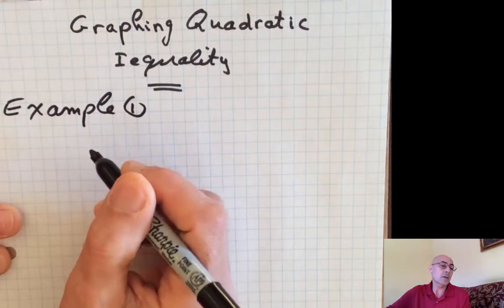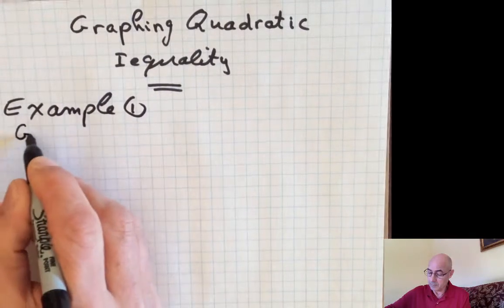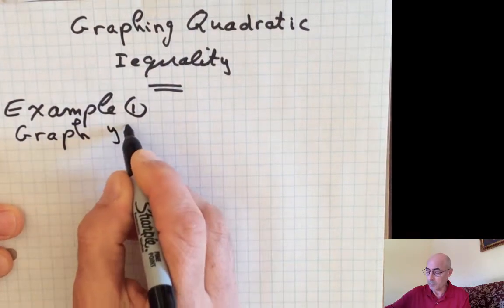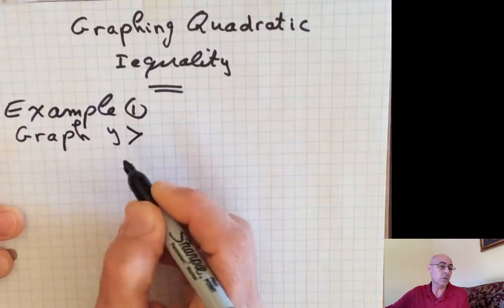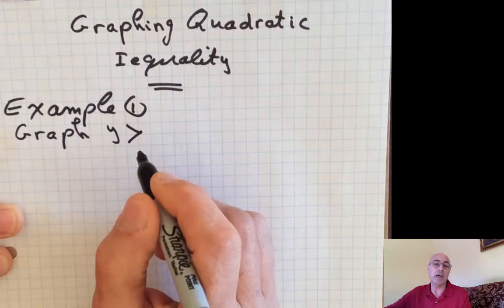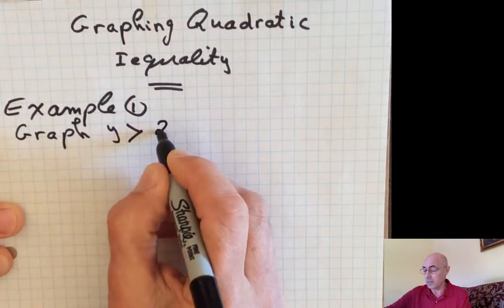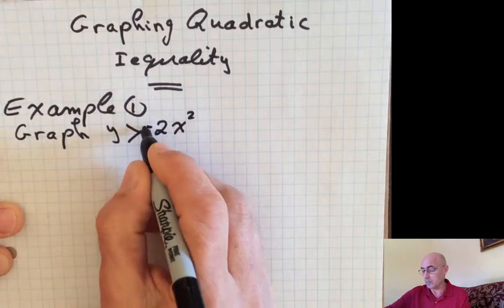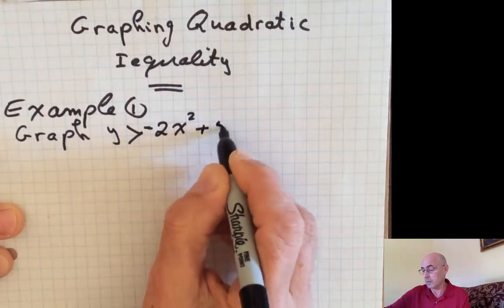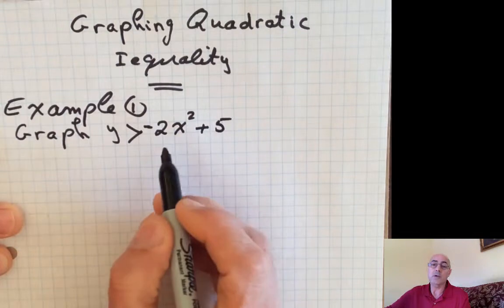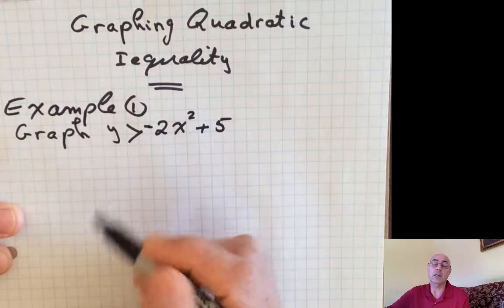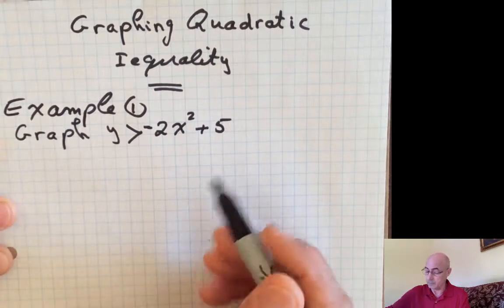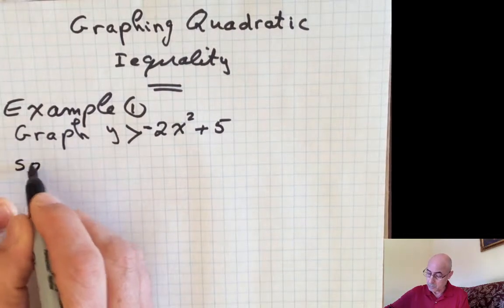Example 1 states graph y greater than, there is no or equal here, so when we graph it's going to be dashed, negative 2x squared plus 5. So if it's negative 2x squared, what does that tell you about the parabola? Yes, you're right, it's going to open down. So solution,